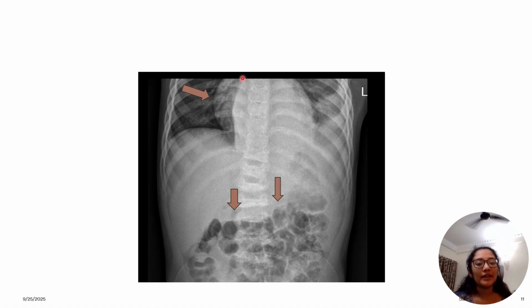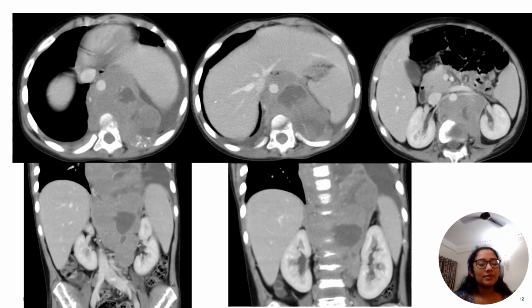A radio-opaque area was noted in the right lower lung zone, which was not showing any silhouetting with the cardiac shadow on the right side. A posterior mediastinal mass and abdominal mass was suspected, and a CECT abdomen and thorax was done for the same. So as we can see in the axial and coronal sections of the plain and contrast abdomen study,